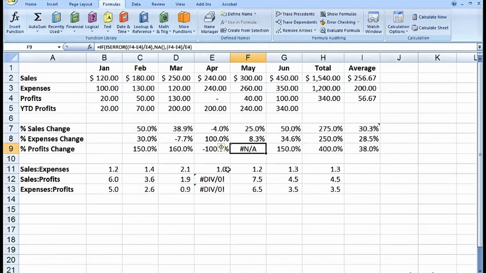Usually this gets it right. Yeah, and that's what we want to see. I had too many parentheses. In Excel